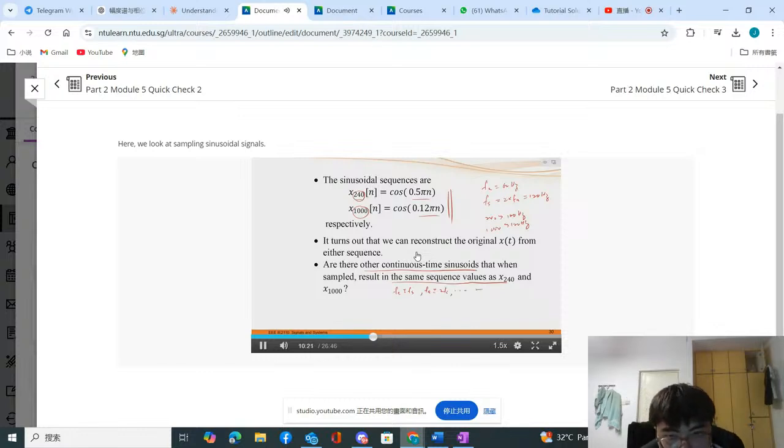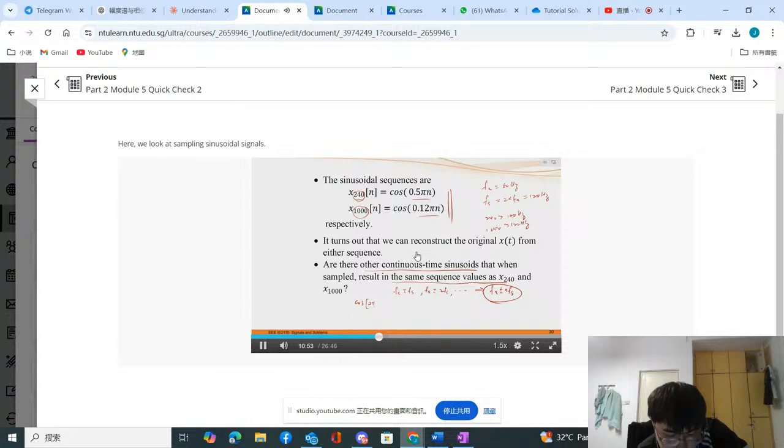So in general, it is fa plus or minus n fs. This set of frequencies will give you the same sequence values as x240 and x1000. And this is not too difficult to understand, because my original